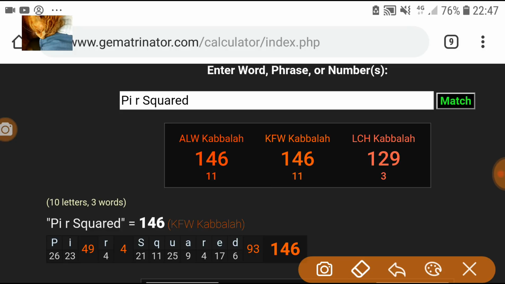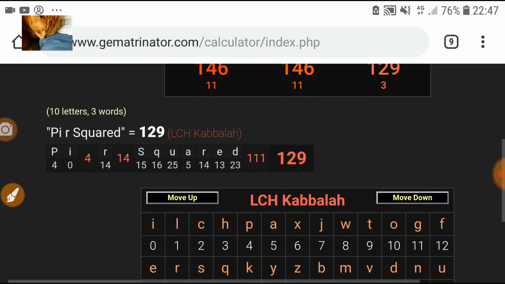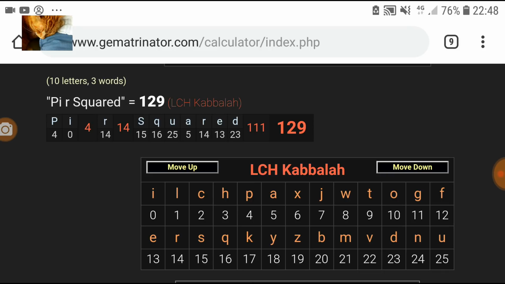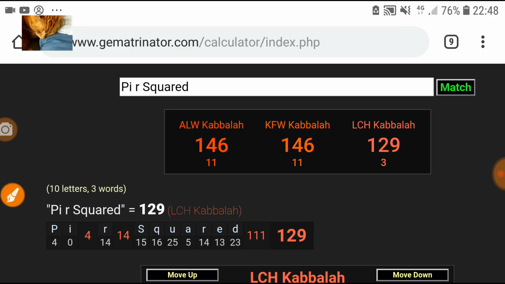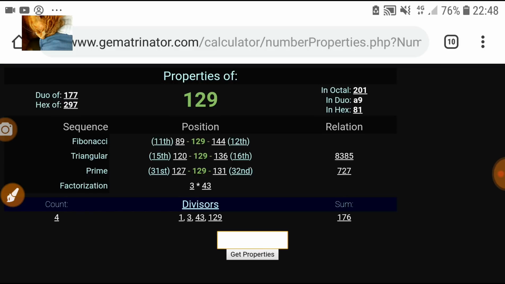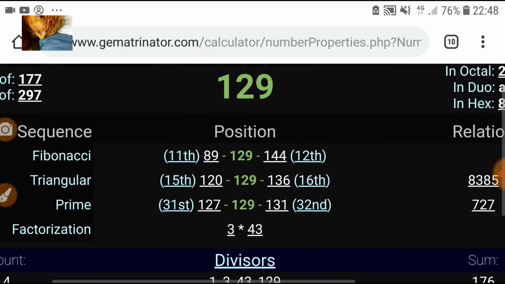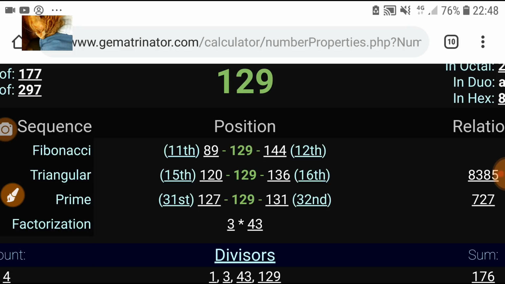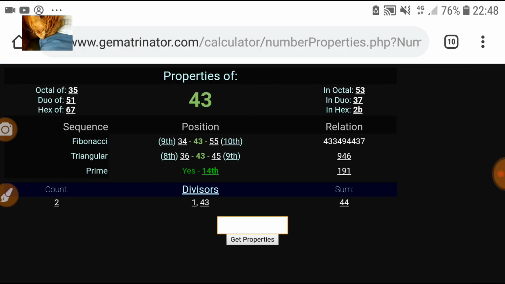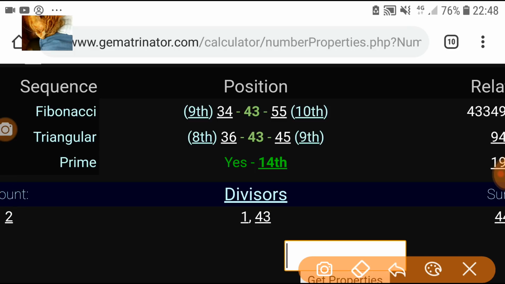Anyway, the video's gone on a bit longer. I just want to show you this LCH version of the Kabbalah. Again, can't understand the logic of it, but it's 129. Pi r squared is 129 in that version. Let me just explain this one. 129, you'll see there, is 3 times 43. 3 times the 14th prime. See that? 3 times the 14th prime,